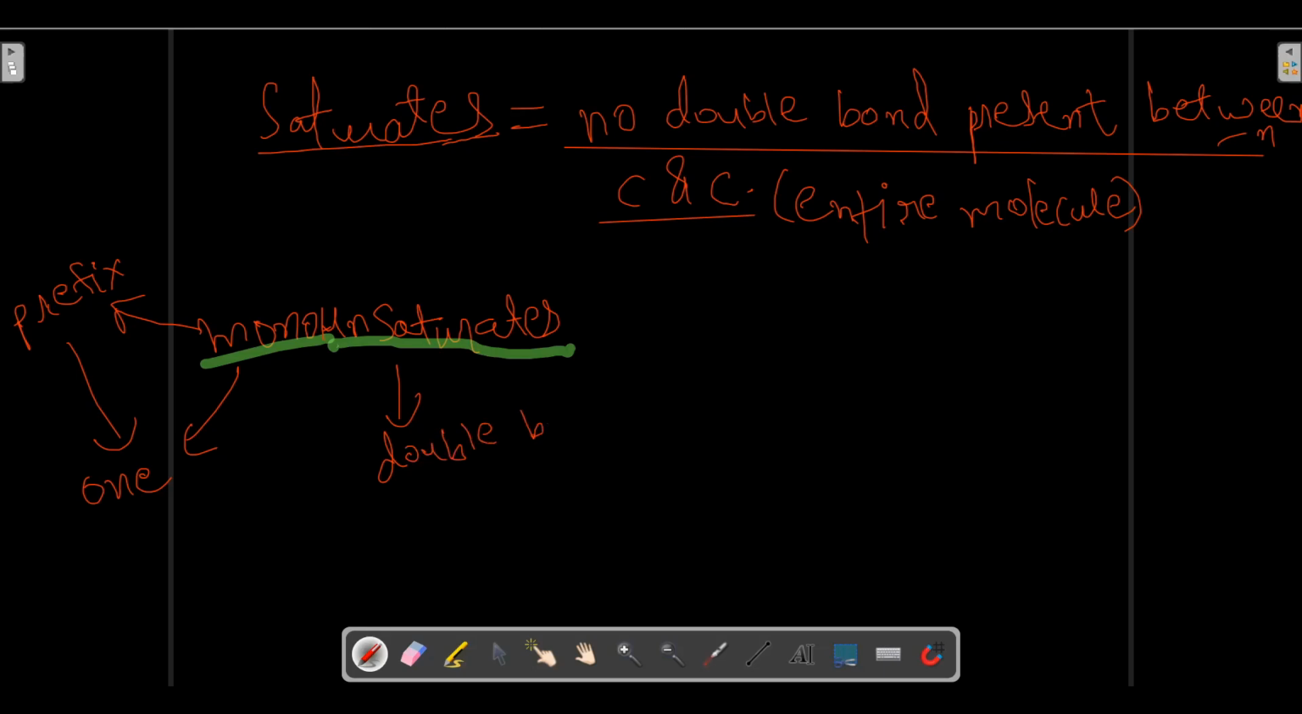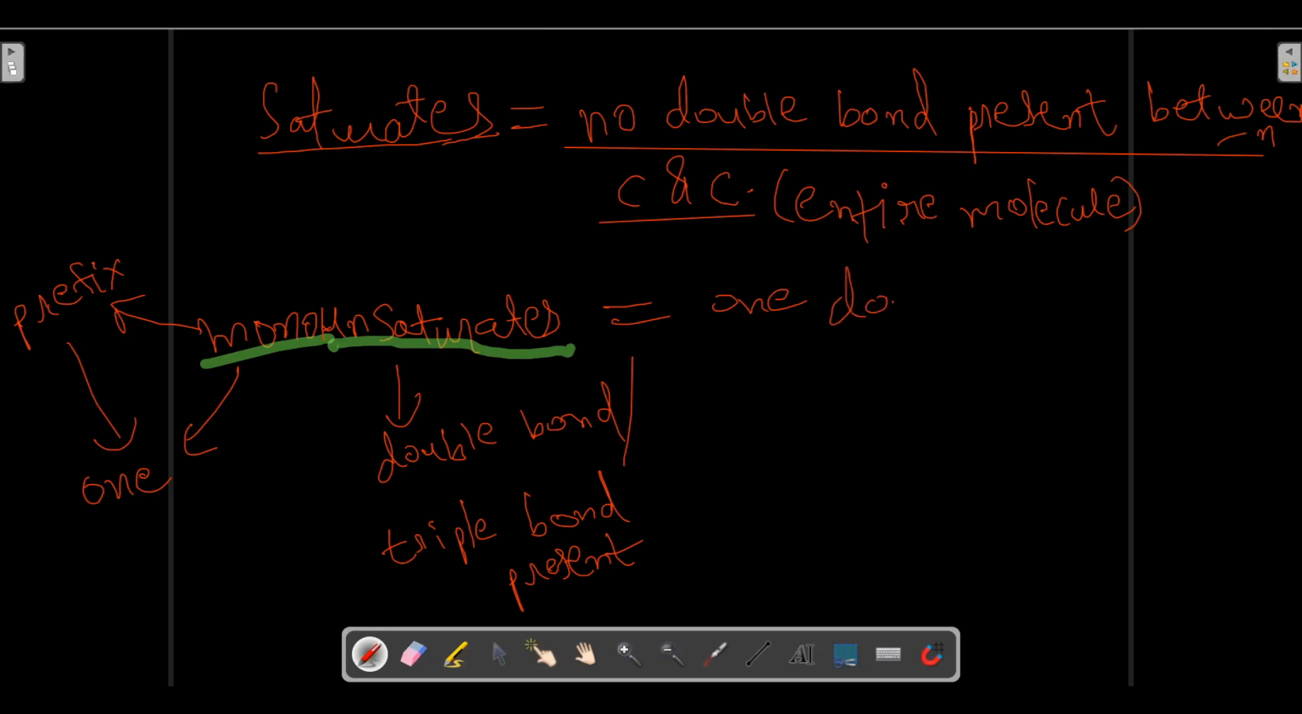Double bond or triple bond present is called unsaturated. So what does it mean by monounsaturates? Monounsaturated means that one double or triple bond